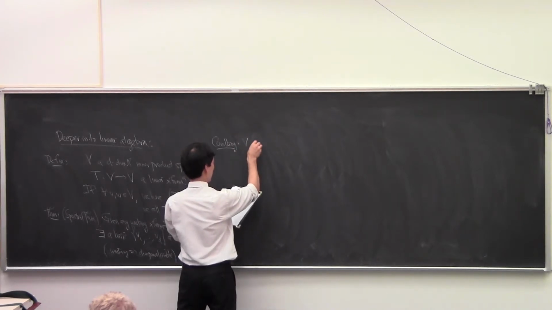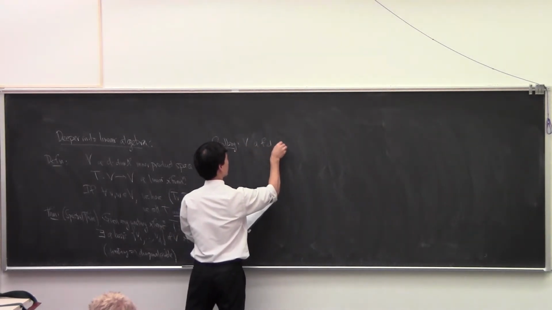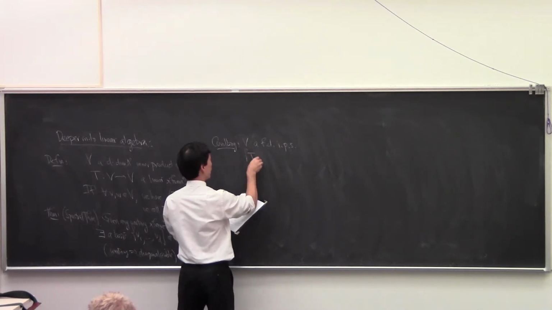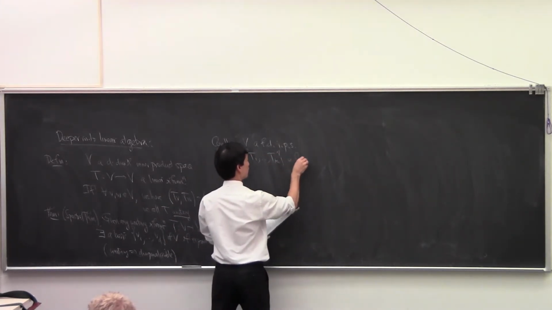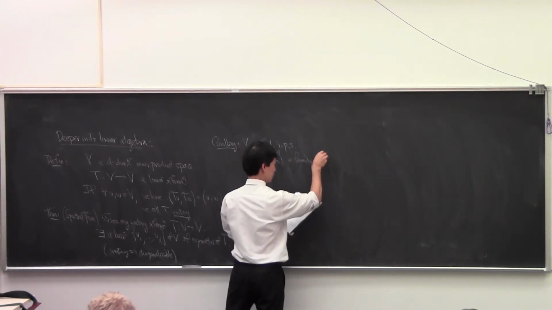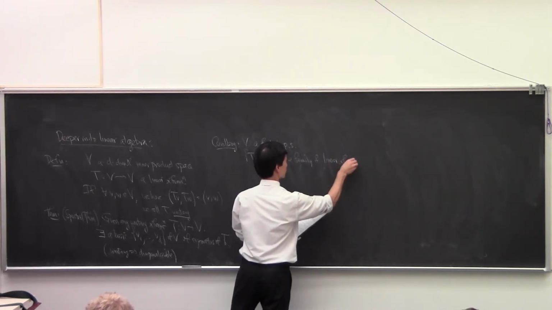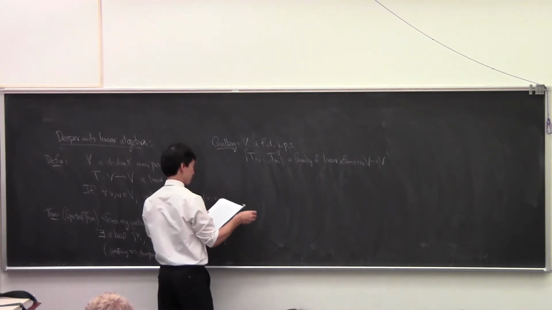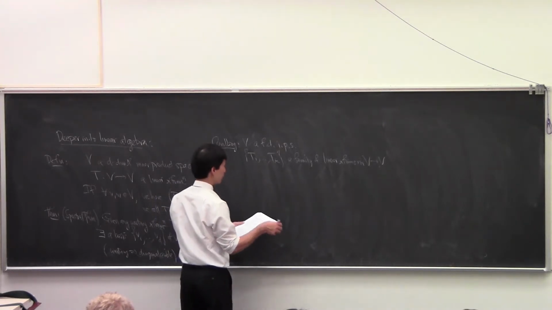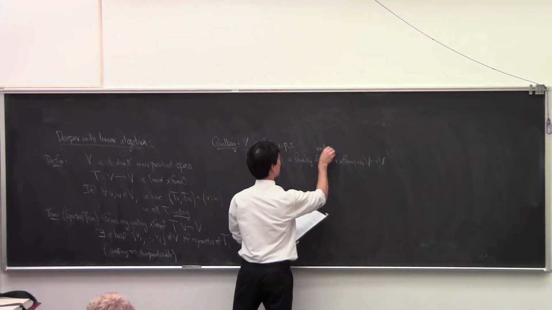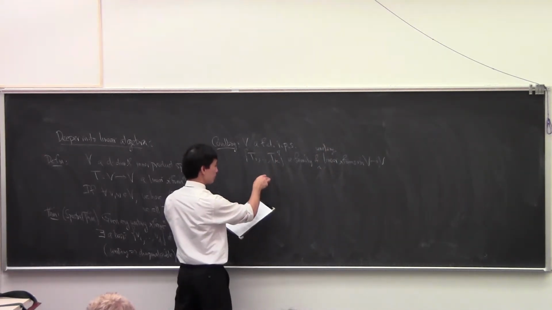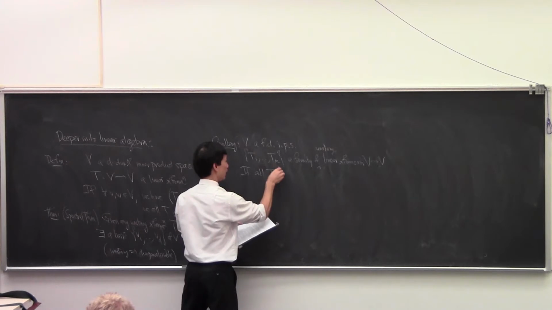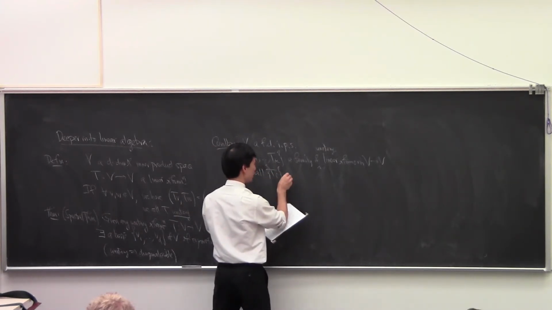If V is again a finite dimensional inner product space, and you have now a family of linear transformations on V, from V to V, T_i, and all the T_i are not only unitary, but they also commute,